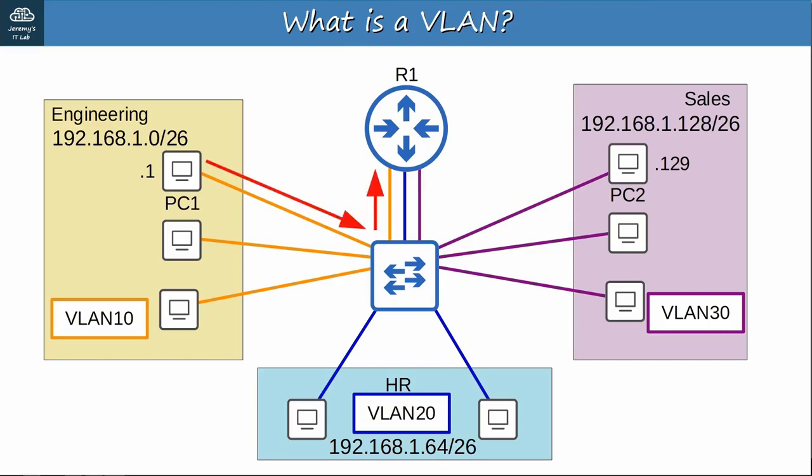Notice that traffic arrives on a VLAN 10 interface and is forwarded out of a VLAN 10 interface. Also, traffic that arrives on the VLAN 30 interface is forwarded out of a VLAN 30 interface, both in the same VLAN. A switch will never forward traffic directly between two VLANs like this. Well, first of all, the two hosts are in separate subnets, so PC1 itself will send the traffic to its default gateway, R1. However, even if PC1 and PC2 were in the same subnet, the switch wouldn't forward the traffic from PC1 to PC2 because they are in separate VLANs.